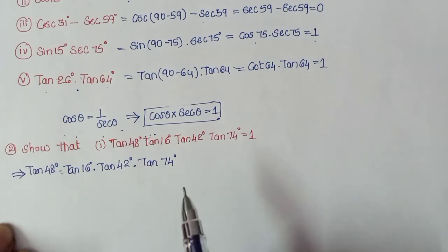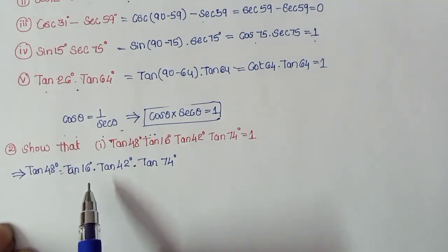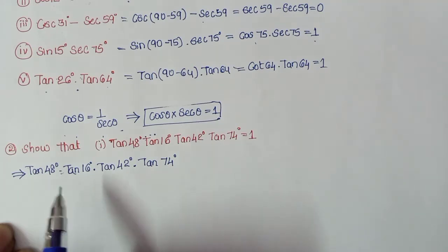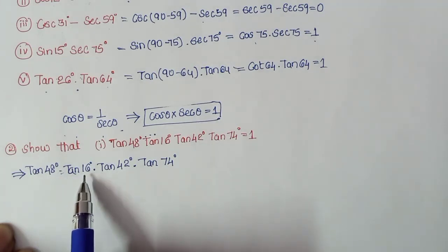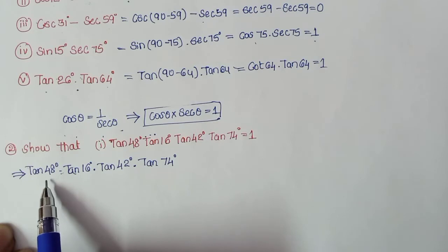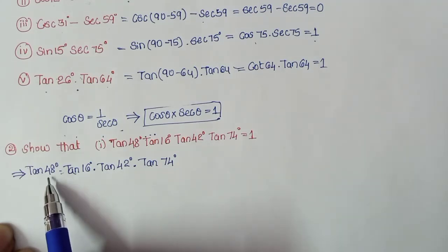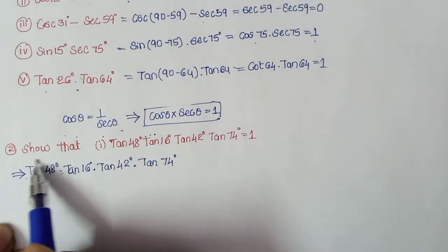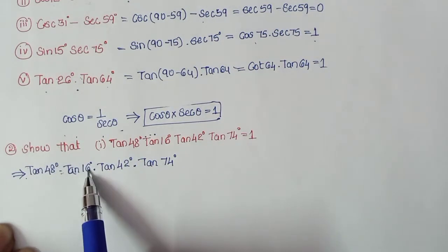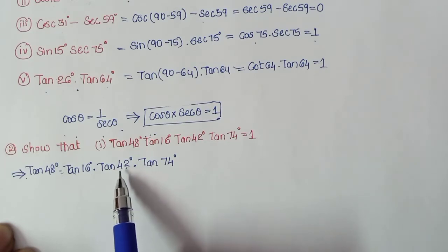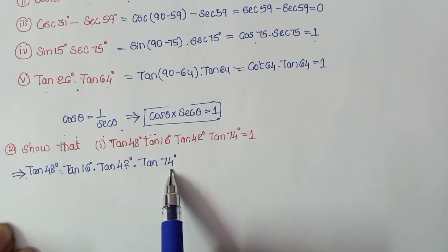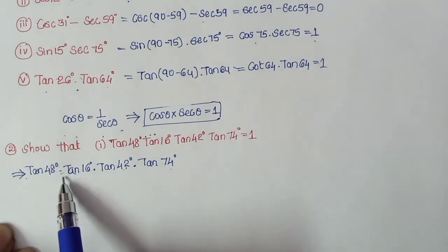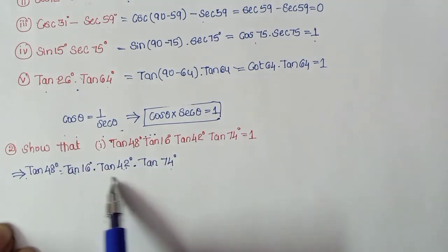One tip: if the sum of two angles is 90, it is from the complementary relationship. 48 degrees plus 16 degrees is what? Is it 90? No, it is 64. 48 plus 42 is what? Yes, this is 90. That means you can apply complementary relationship for these two terms. And 16 plus 42, what will you get? 58. No, it's not 90. 16 plus 74 is what? It is 90. So you can apply the complementary topic on these two terms.